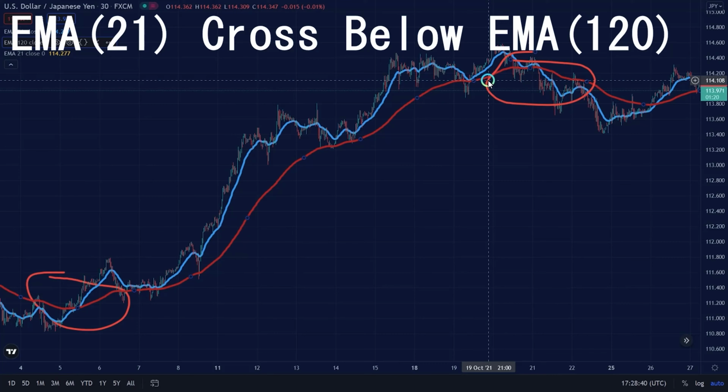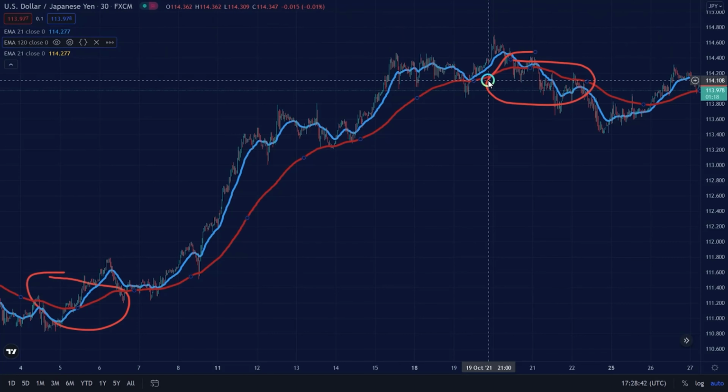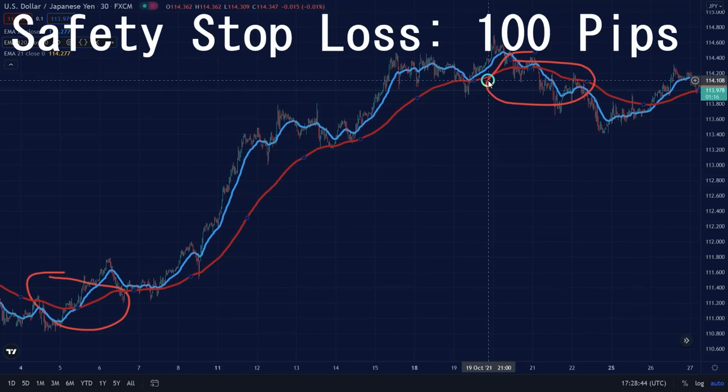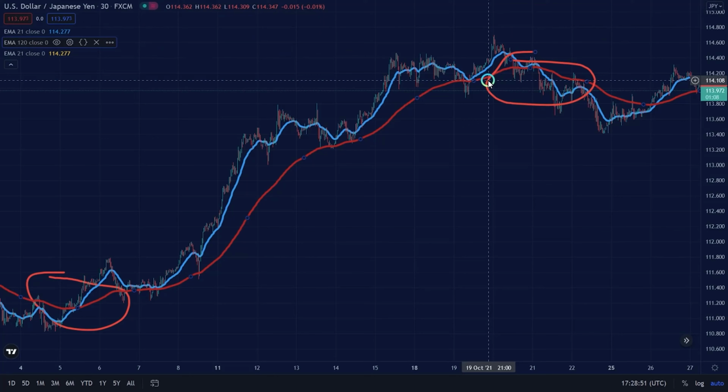When 1500 minutes passed, after that we started to look for the dynamic exit opportunities. Then we created a safety stop loss that is 100 pips. Then we started to look for the 21 period EMA to cross below the 120 period EMA, and right there